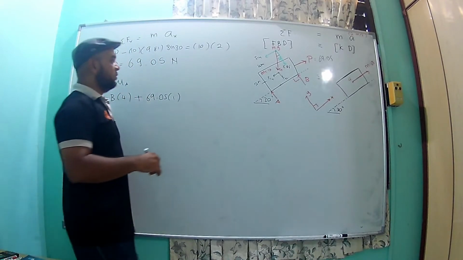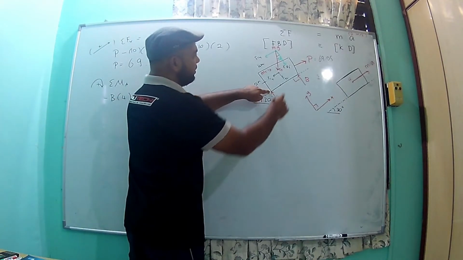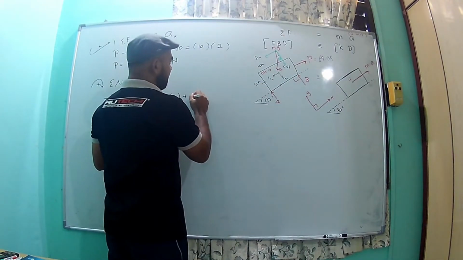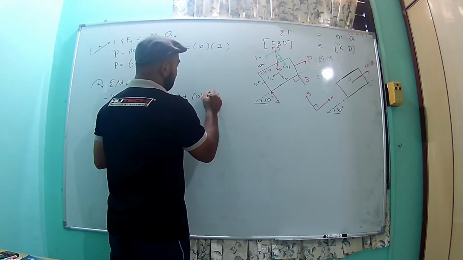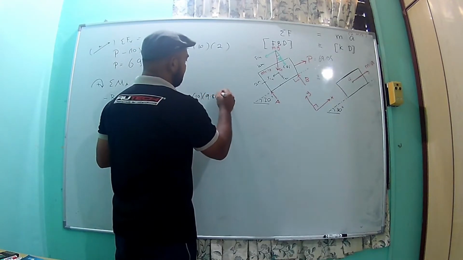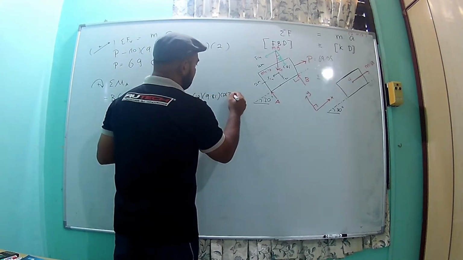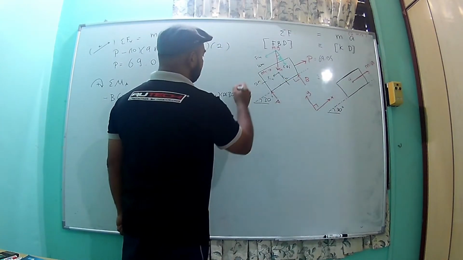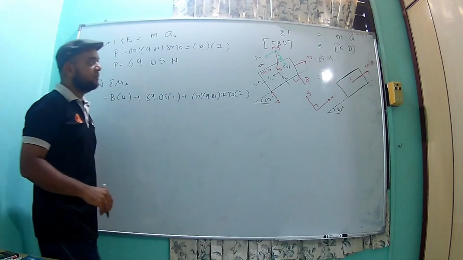Okay, so this one, if I put a pin here and push downwards, it will be positive mg. M is 10, 9.81